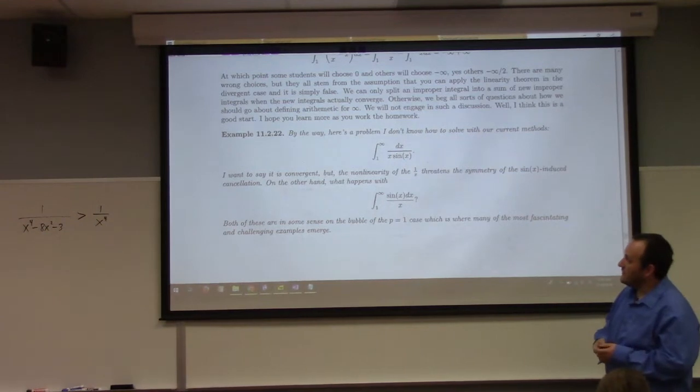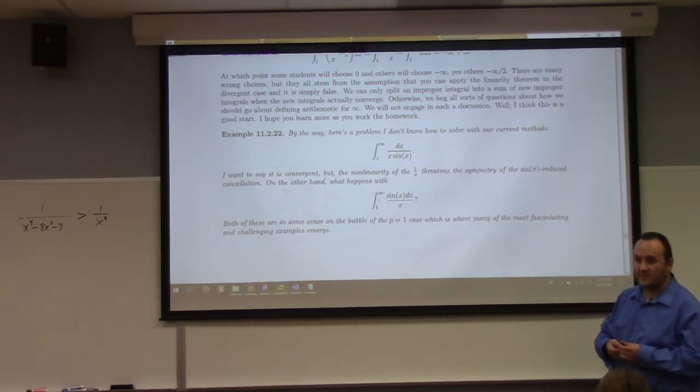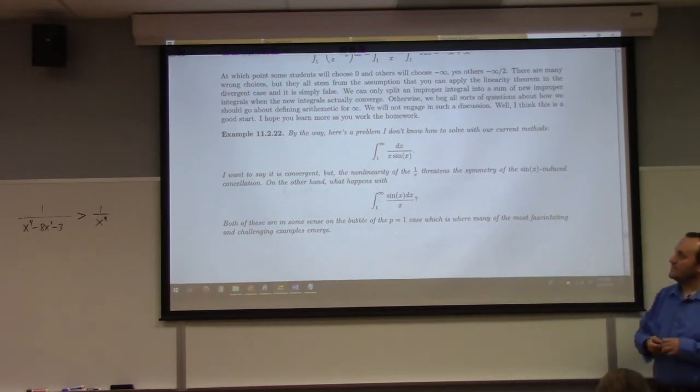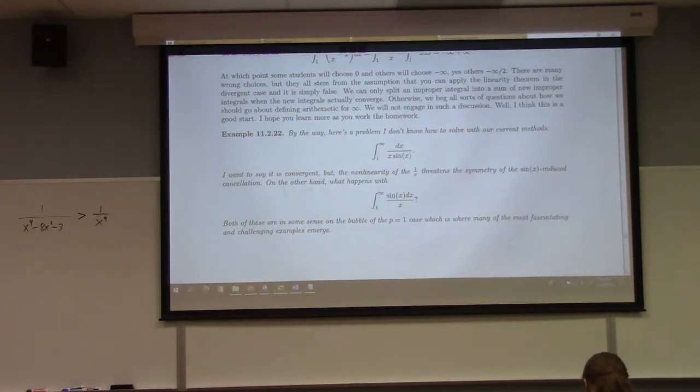Integral from 1 to infinity of dx over x sine x. I don't know how to solve this problem with the techniques of this course. And I honestly forget if this converges or diverges. I think we answer the question of this integral in complex analysis, all right? So there are more things past this to learn, but